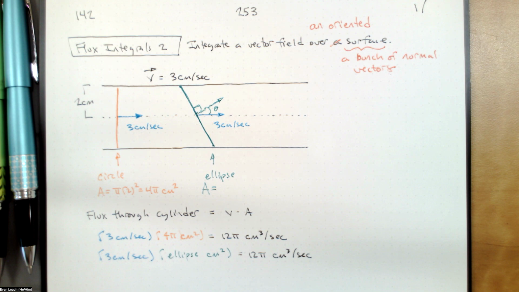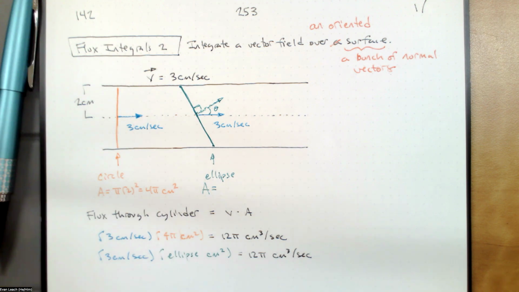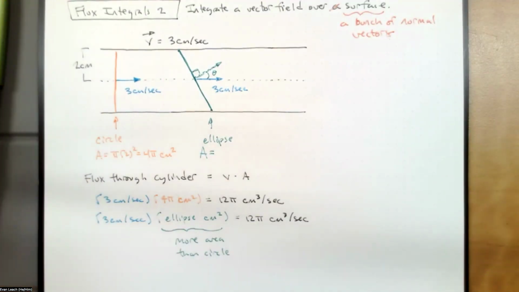So since the area has gone up, since the area has increased, clearly we can't use this 3 centimeters per second as our velocity of the water, because the area has gone up. If I just multiply by 3 again, I'll have more than 12 pi. So